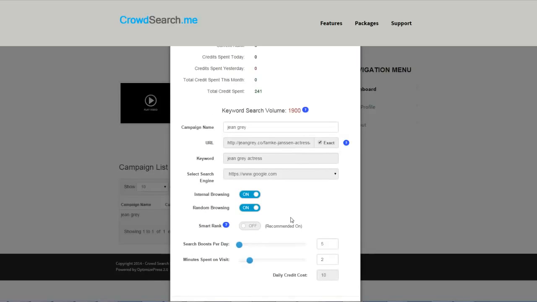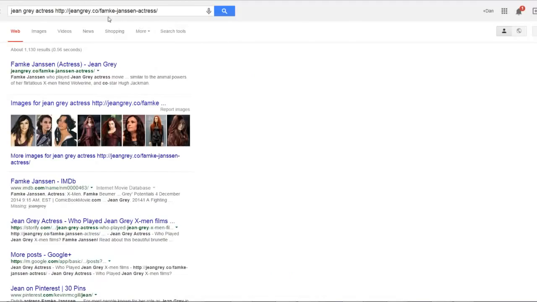And method 2 essentially pairs your URL with your keyword and then clicks the listing. And that helps drive relevancy. So what I mean by that is, all right, let's look at this one. Let's say that this URL is not showing in the results for this keyword within the top 120 results. So what would happen is it would come here, and I've already conducted this search. Basically, you would do the keyword search, Jean Grey actress, and then space, and then the URL, and then click search. And then naturally, in almost every case, it's going to be the first listing,